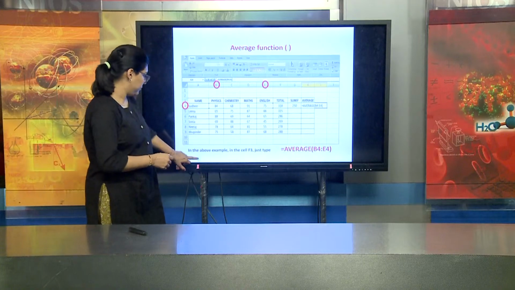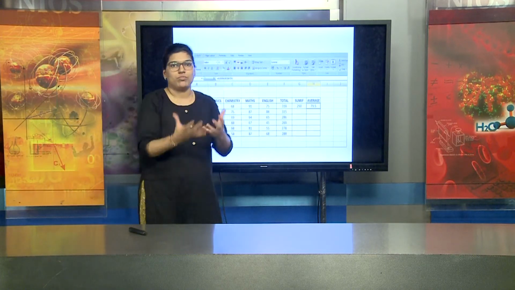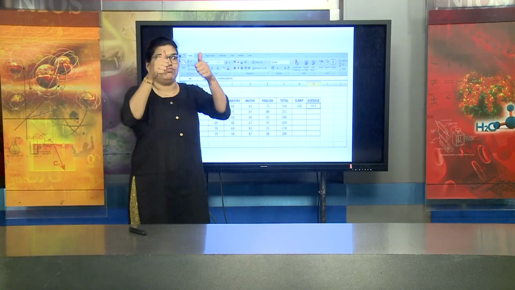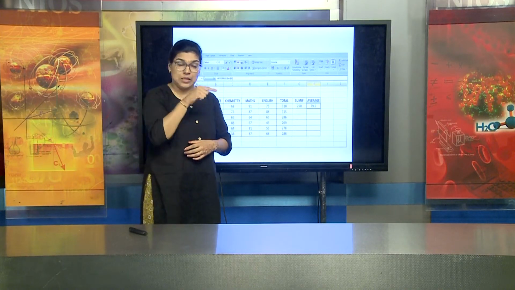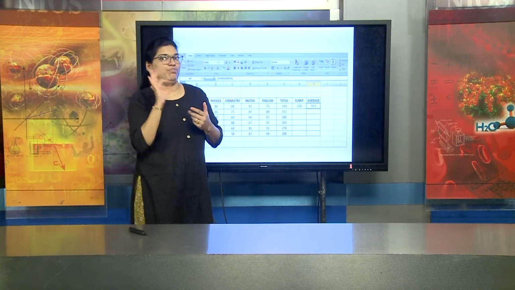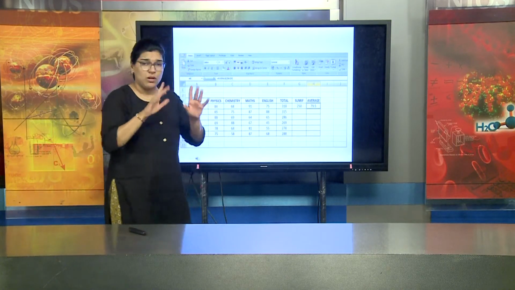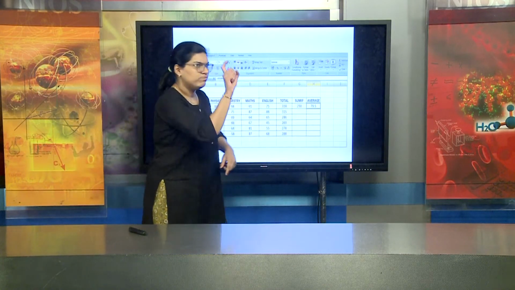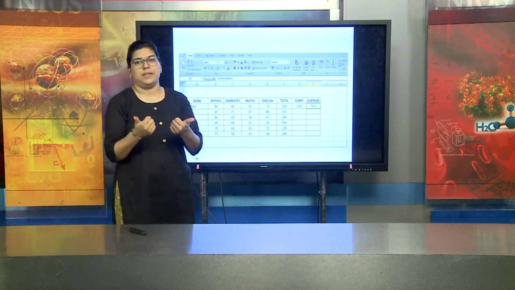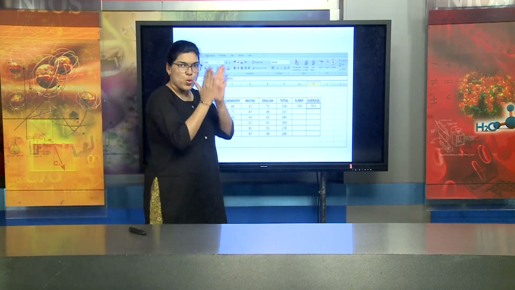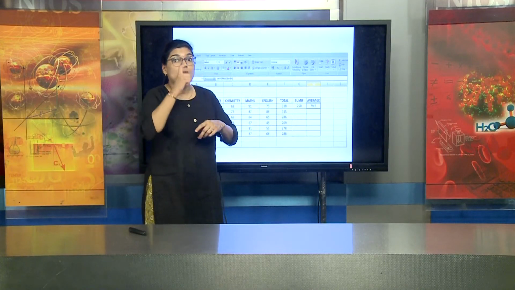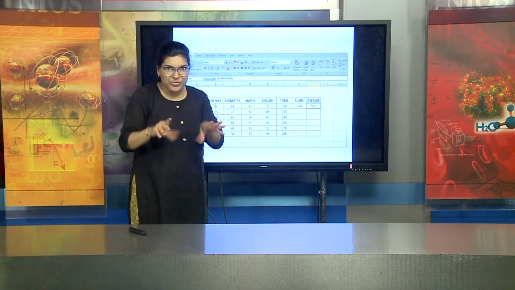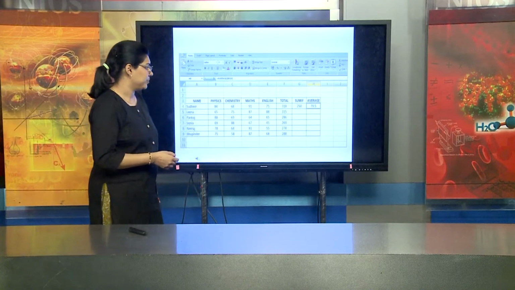So for every cell we have to be careful that we avoid any mistake, and we can easily get our answer. So here our answer is 79.5. So this way we get the percentage. So this is a very important formula. Here you can drag that formula for finding the average for all those students. Again, just like the previous example I had explained, in a similar way you can find the percentage of one student, and then